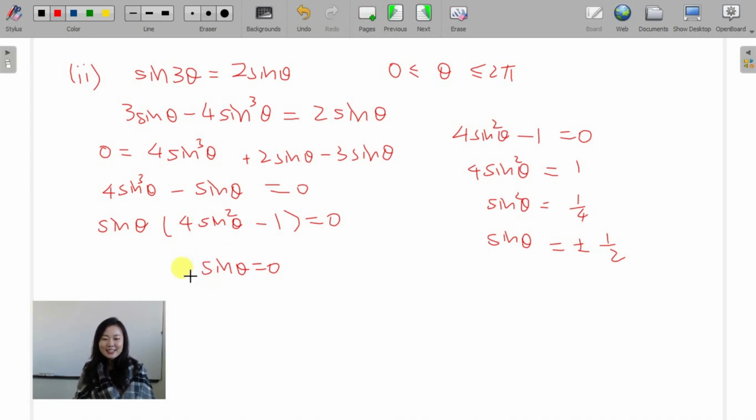Let's move on. So, sine theta equals 0. We've done this one before. 0, 2 pi. Sorry, I'm getting a bit chatty today because I guess trigonometry is not exactly the most interesting of topics. All right, so 0, pi, 2 pi. Just observe it from the graph when it's 0. And this guy here,